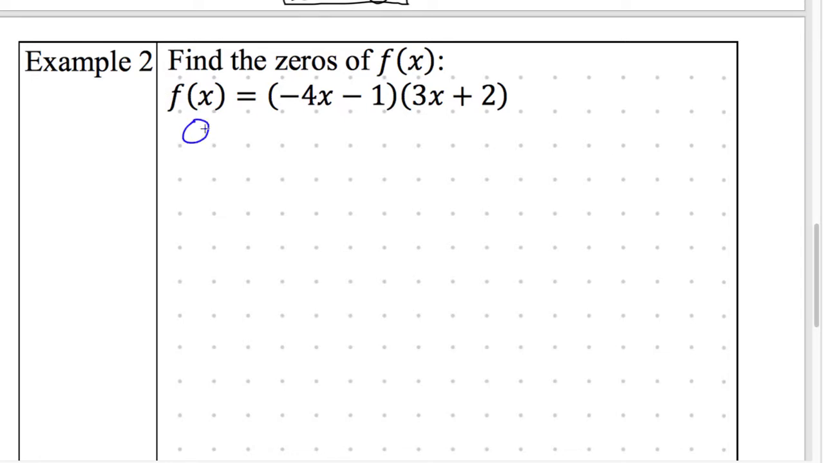So I'm now going to rewrite this as 0 is equal to negative 4x minus 1 times the quantity of 3x plus 2. All I did was I rewrote the f of x as a 0 because I'm finding the zeros of the f of x. From there, I solve by setting both equal to 0. So I want you to do that on your own. Find the answer,